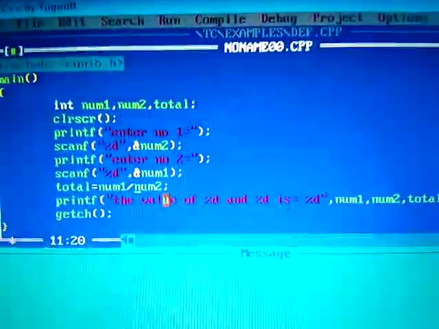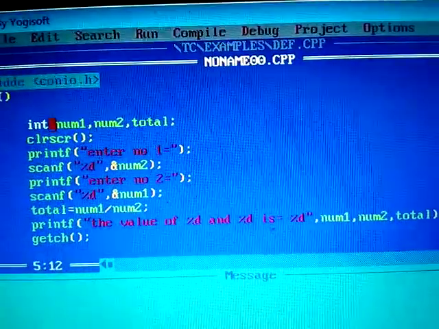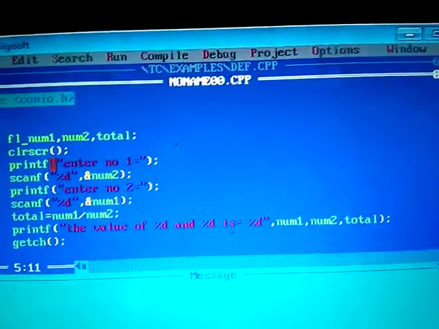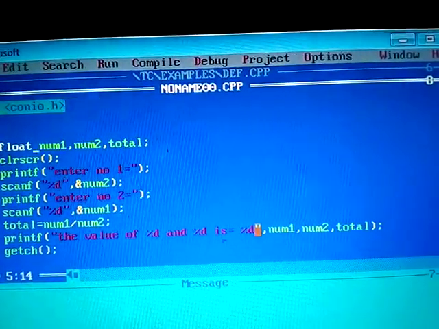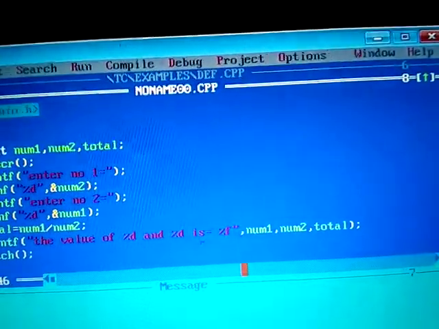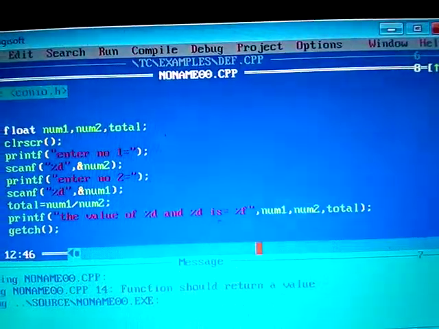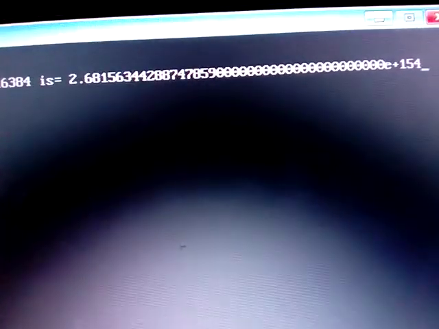Okay, but if you want that, you can just delete this int and just write float. Okay, just write float and write here f. And now if you write 3 divided by 2, you'll get 1.5, whatever. Okay, so as you can see,